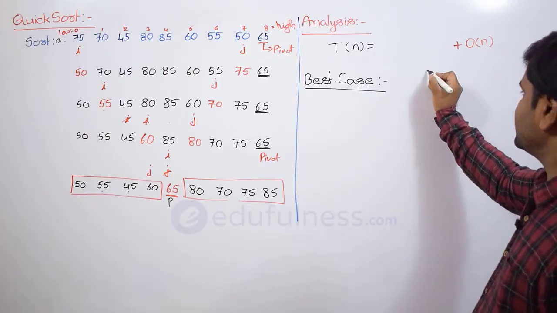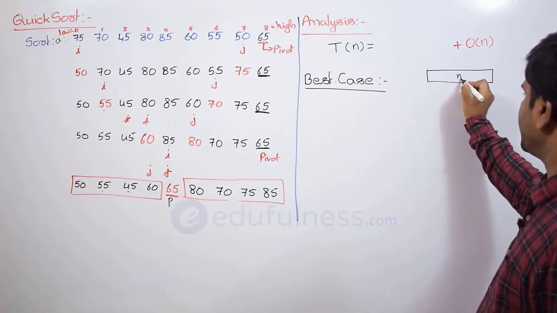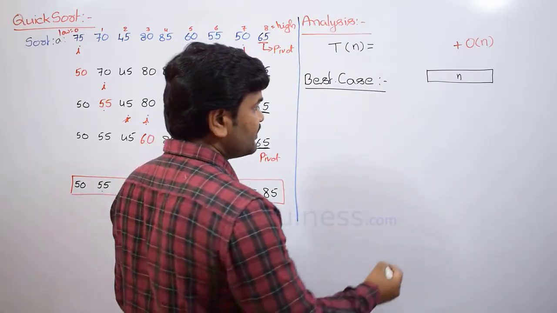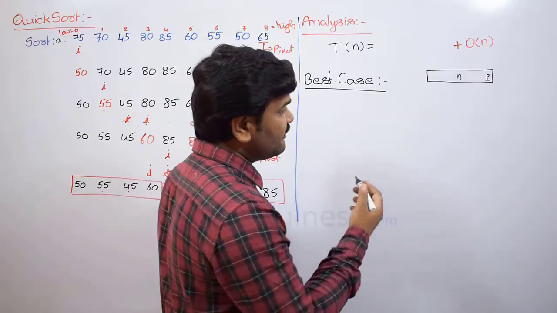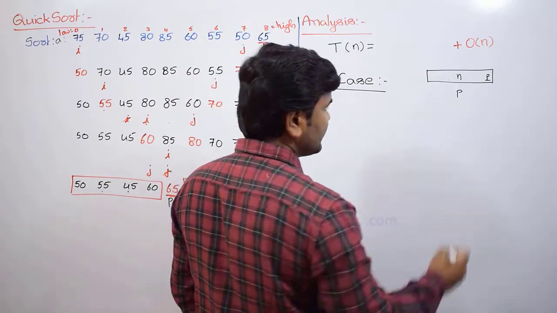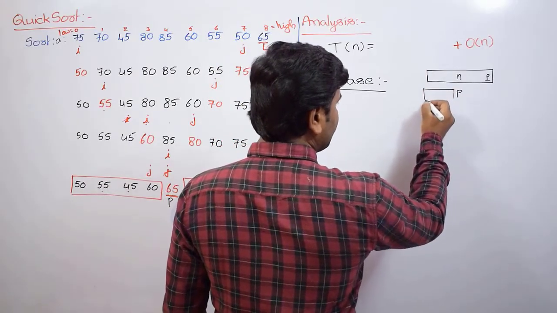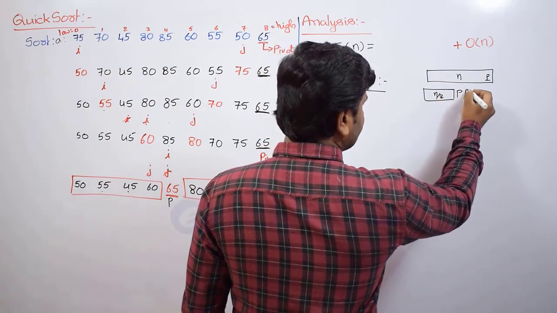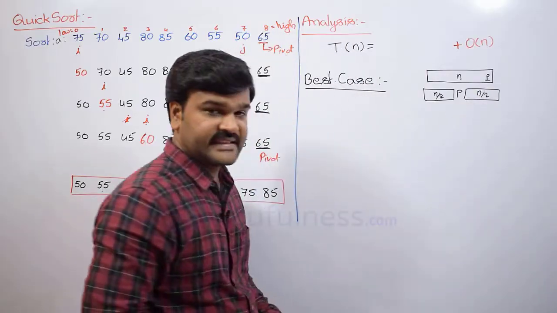So for example, this is the problem. Here we are going to have n elements. Whenever we have n elements, of course we will select one element as pivot. Assume that pivot element is placed in the middlemost position. Middlemost position means before it you have approximately n by 2 elements and after it you have approximately n by 2 elements. That is why we are saying approximately.